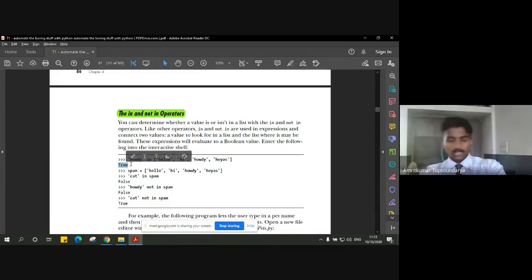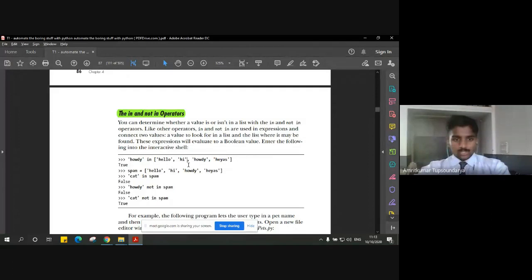Or if it is not there in the list, it simply returns false. Exactly opposite to it is the not in operator. Let's say I give the same statement here, howdy, but instead of in, I say not in and give the same list. In that case, it will return false because howdy is actually present in the list. So not in becomes false.